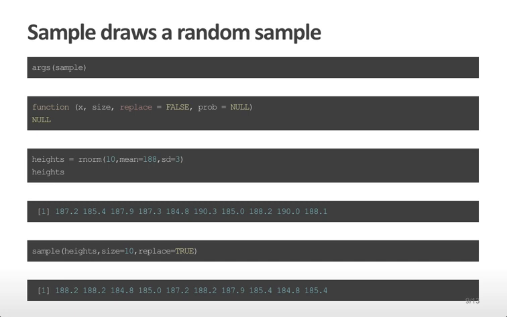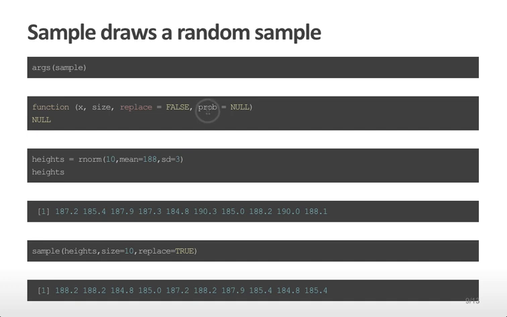In addition to generating random variables and drawing density functions, we can actually sample from variables that we've already generated. So we're going to look at the sample function. This function has arguments x, which is a vector of values, size, which is the number of random samples that we'd like to take, whether to sample with replacement, which I'll explain in a second, and which probabilities to use